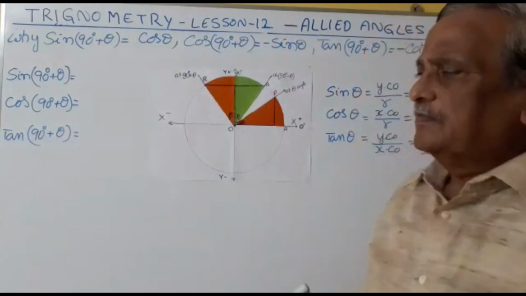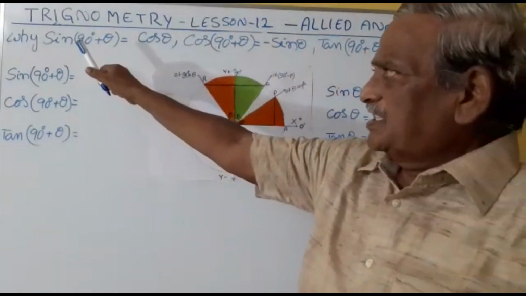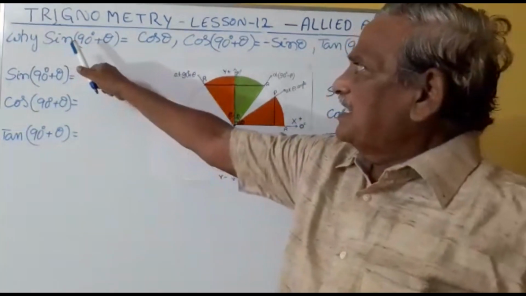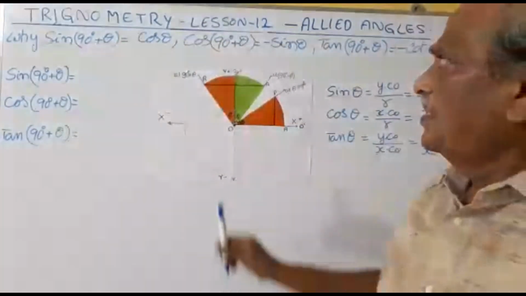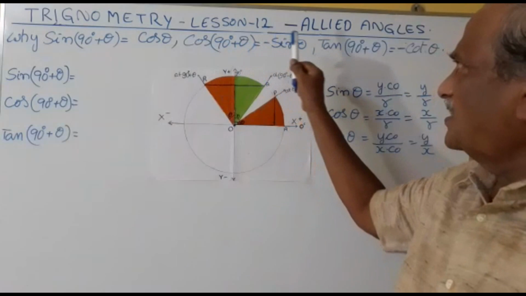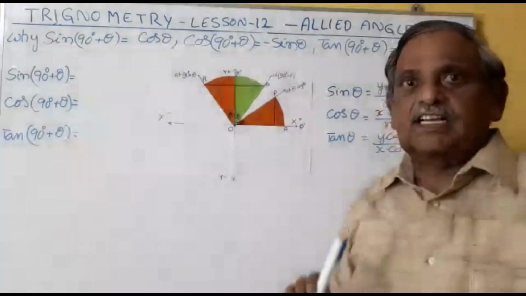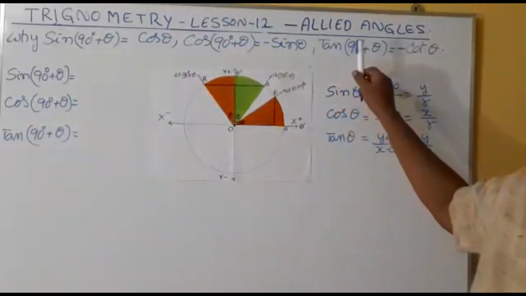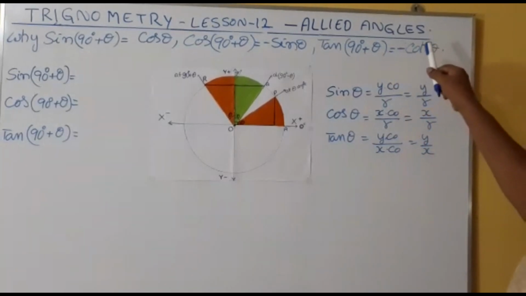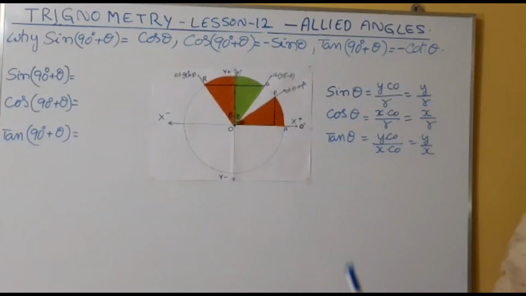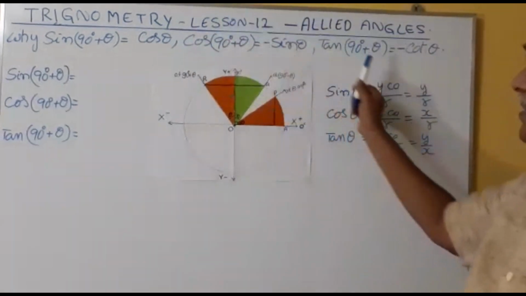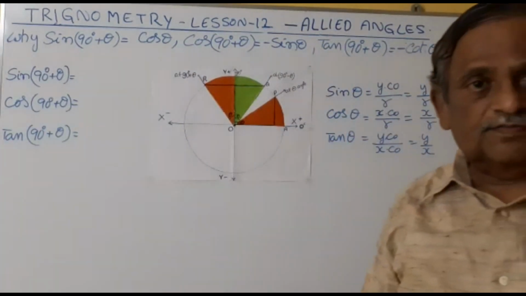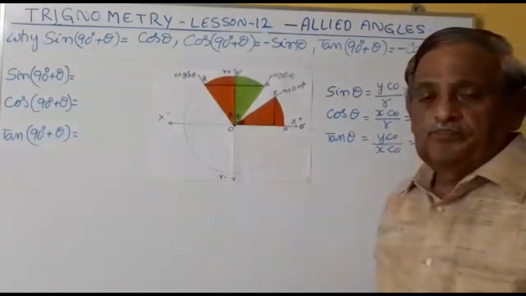In this lesson, I am going to explain why sine of 90 degrees plus theta equals cos theta, cos of 90 degrees plus theta equals minus sine theta, and tan of 90 degrees plus theta equals minus cot theta. And also the reciprocals of these trigonometric ratios. Now,